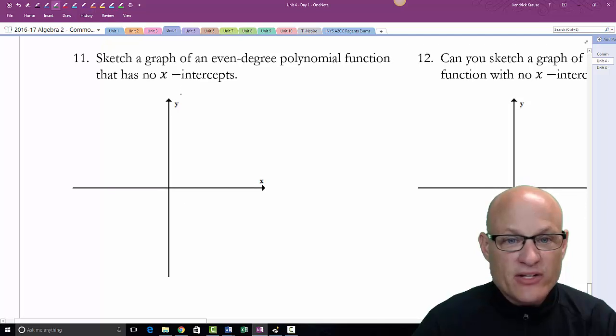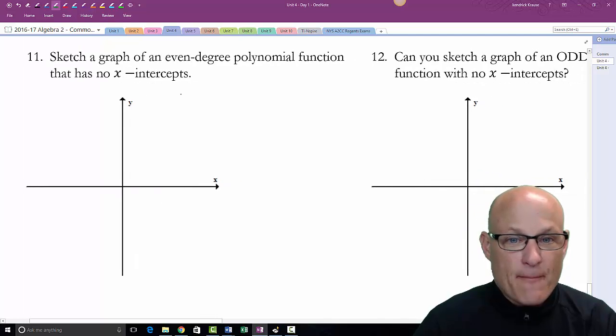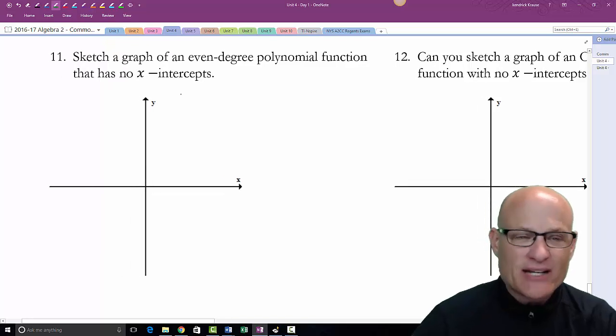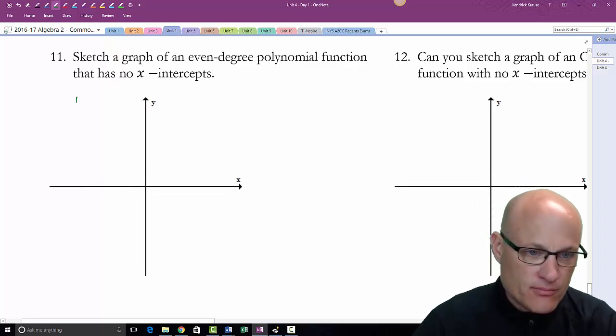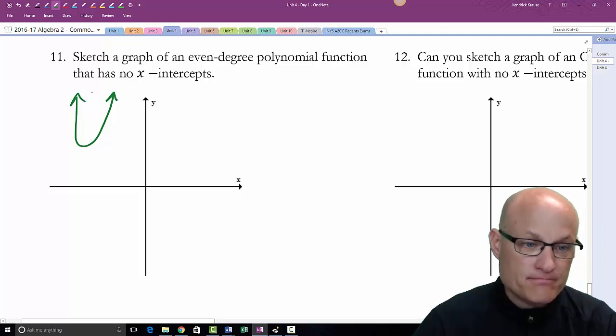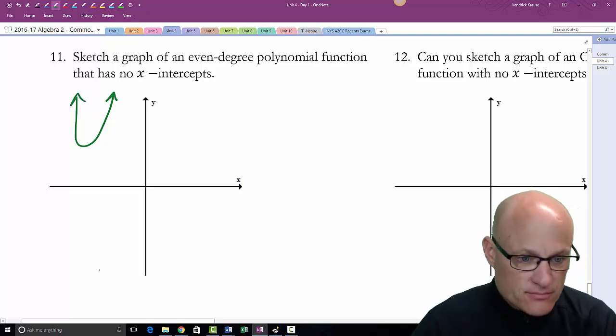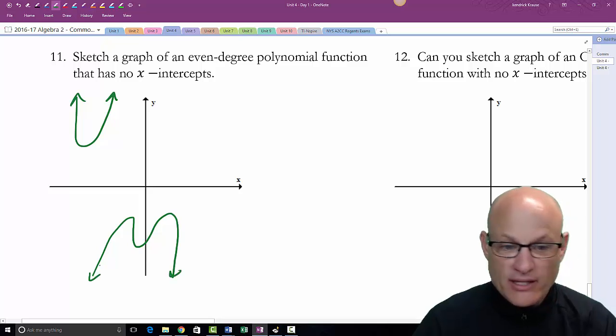Sketch a graph of an even degree polynomial function that has no x-intercept. So I'll give you a couple of different examples. A parabola. A fourth degree function. Something like that. Anything like that will be okay. And finally,